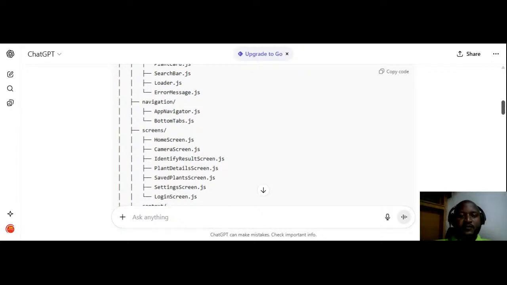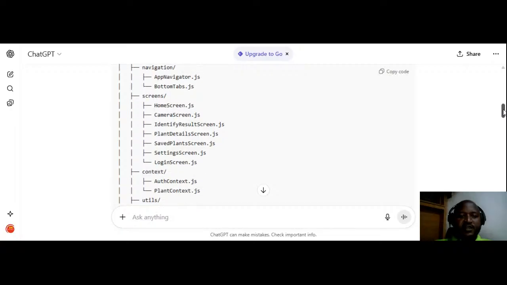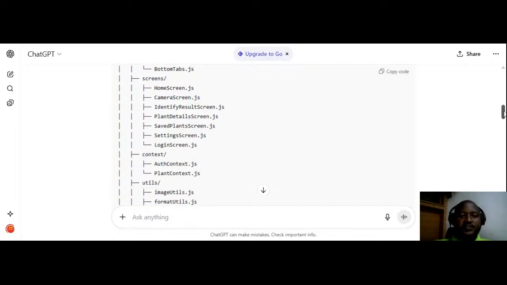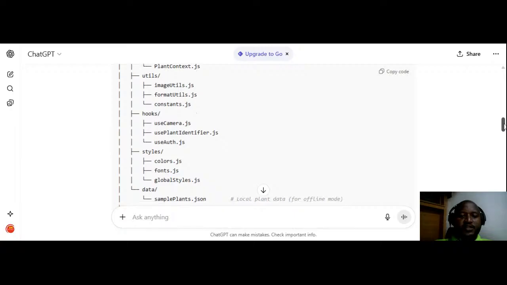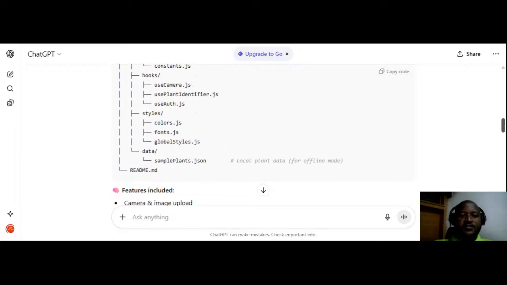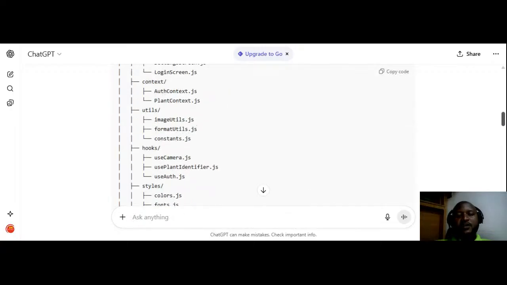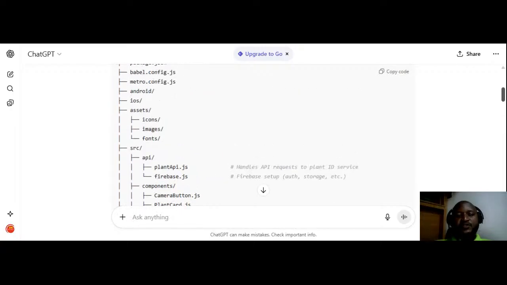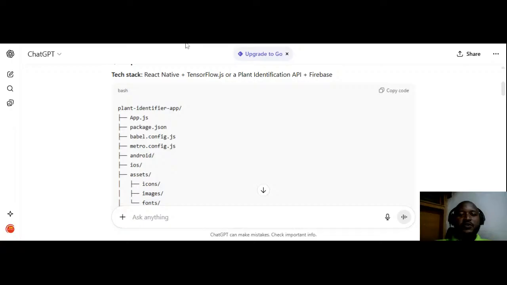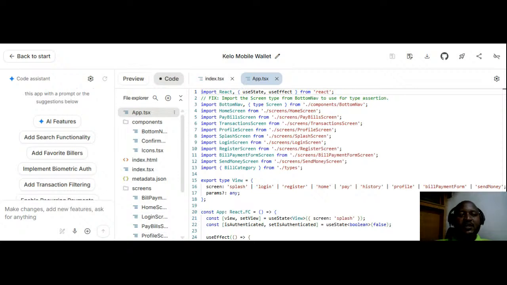You can see the search bar, loader.js, environment, error message.js, and you can see a lot of things. So this is how to get this prompt. With this, you can see the color.js is also implemented. Here you can see this is how to get the structure. With this structure, you can go to any other AI and it is going to understand your design completely,